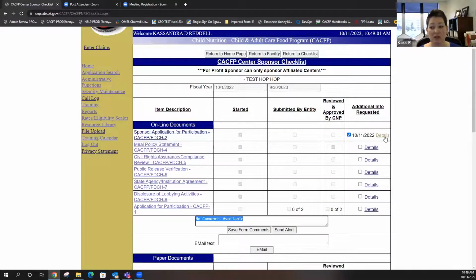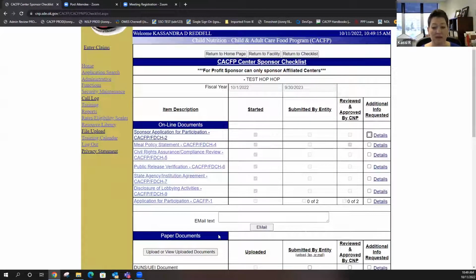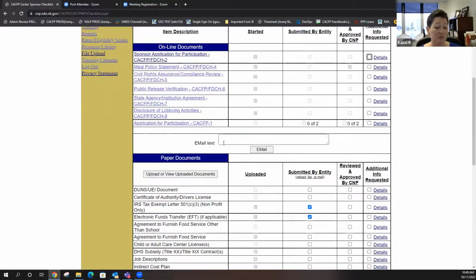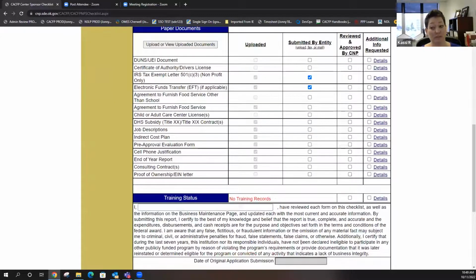It means we need something from you. If there's a check mark here, click on this details box and a comment. A lot of times on this one, we'll just say, please resubmit. Oh no, that's the wrong one. The VCA is not there. On the VCA, a lot of times we'll say, please resubmit, and sometimes on this one, because we accidentally kick it out. If that's what it says, just go down there, go in here, resubmit the form and resubmit your application. Otherwise, follow the directions of what it says we need, and then resubmit.